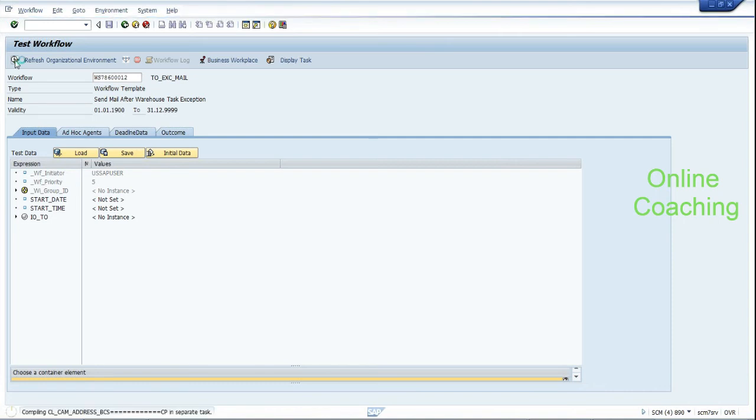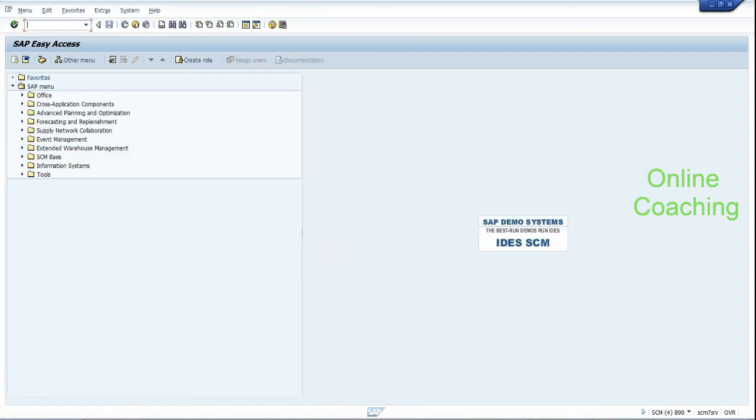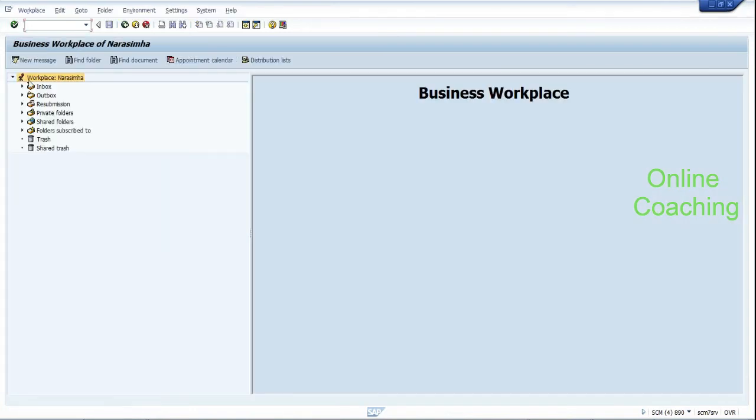It is sending an email also now. That's what I can see. But without assigning a PPOME organization unit, how come? No, that is because I hard-coded the user ID. Otherwise, I would have to create an organization structure, or at least put in a Z table of who to inform. For different exception codes, I want to send it to different people also. Once the workflow is available,